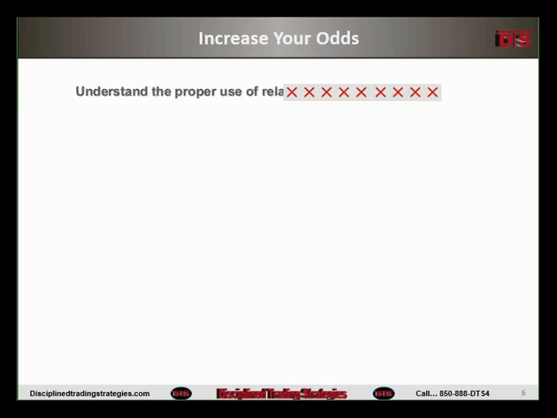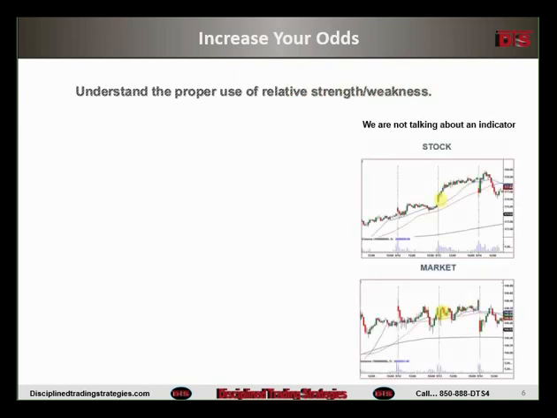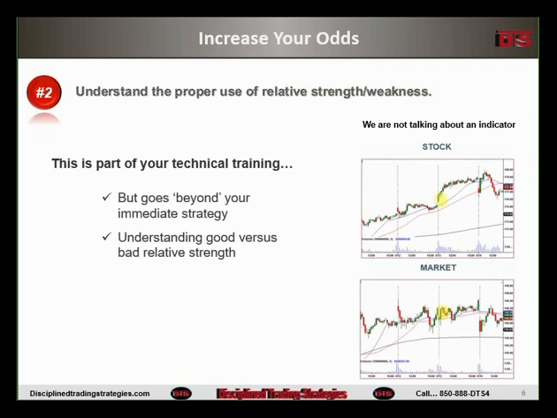Number 2, understanding the proper use of relative strength and relative weakness. Now, this is more of a technical concept, more on the chart, if you will. Again, this is not a training session per se, but it is in addition to your exact strategy. Maybe in your trading plan you make reference to this. Relative strength or weakness can give you a good edge in some trades. It can also negate some trades for you, which also gives you an added edge, perhaps avoiding a possible stop out.